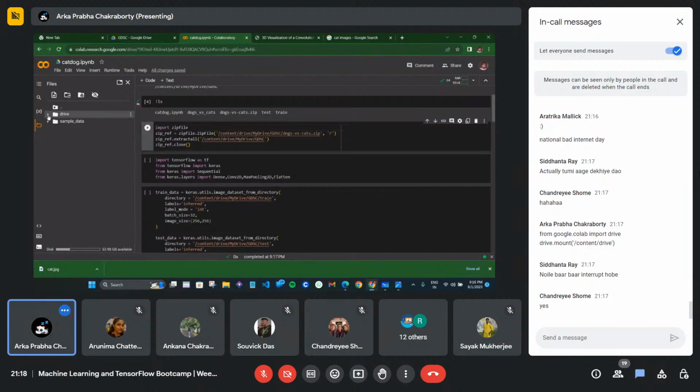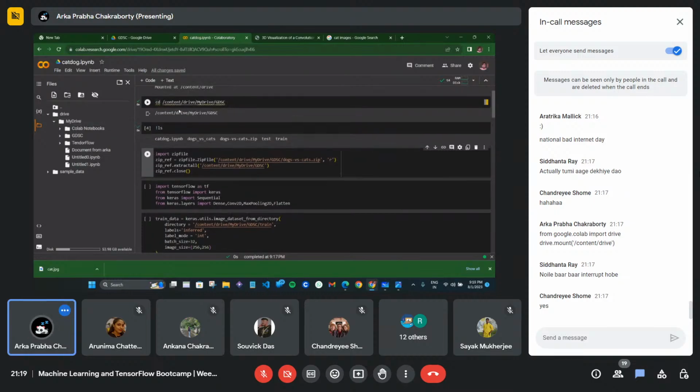Okay, let me show you. This is my drive, right? In my drive, I have my drive, which is a default thing for Google Drive. As I have told you how to change this directory, I have not shown you. This is my folder. I have three dots here, and then you will get that copy path. You have to copy the path and then paste the path. You will be able to get in this file, which means you are now working in this file location.